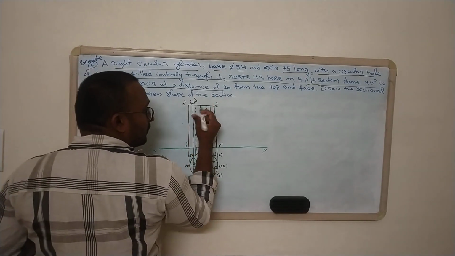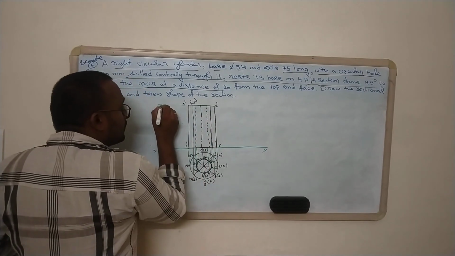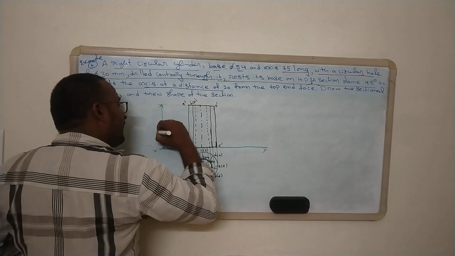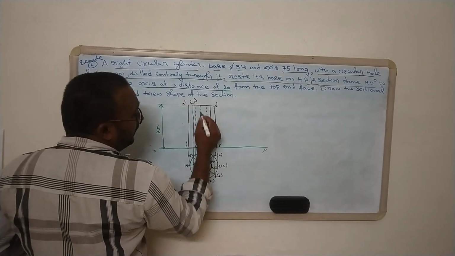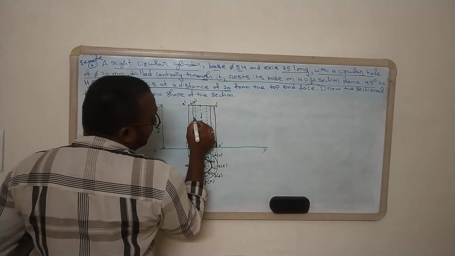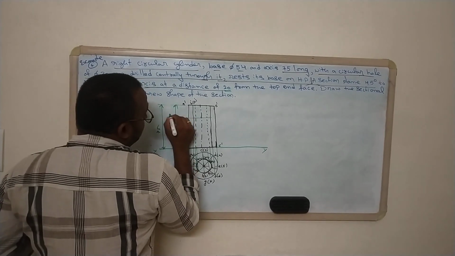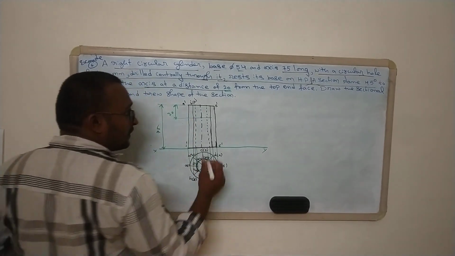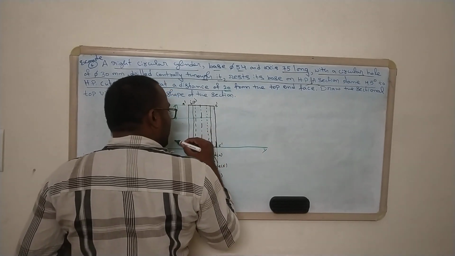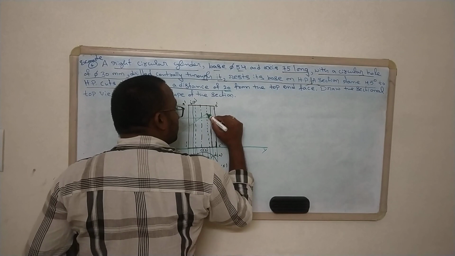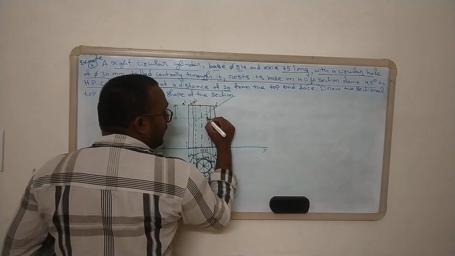So here we need to mark, total height is about 75. We need to mark 20 mm from the top edge and then draw a simple line. So here to here it is 20 mm. Then we need to draw an inclined line at an angle of 45 degrees to the ground.